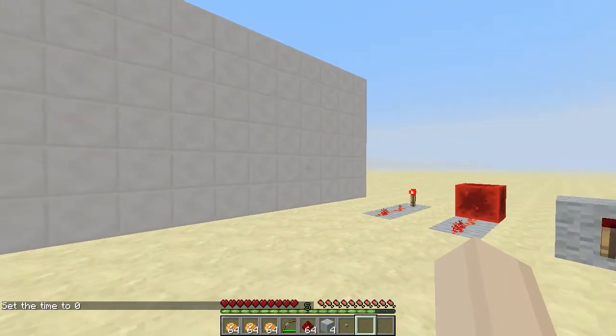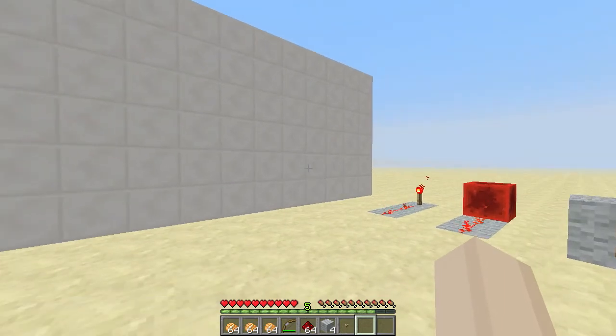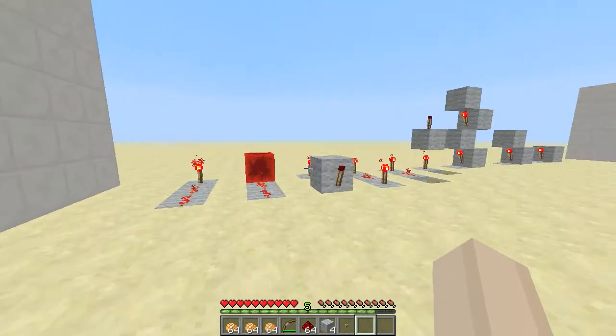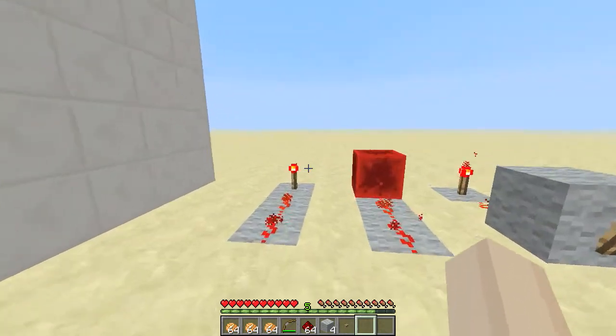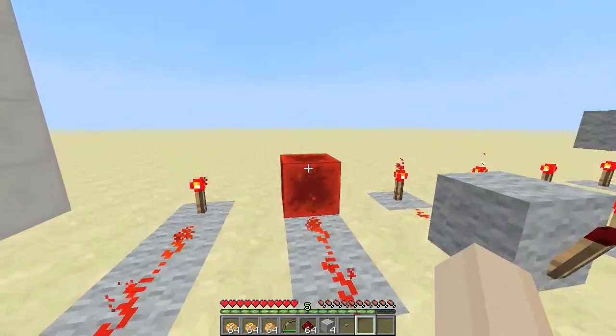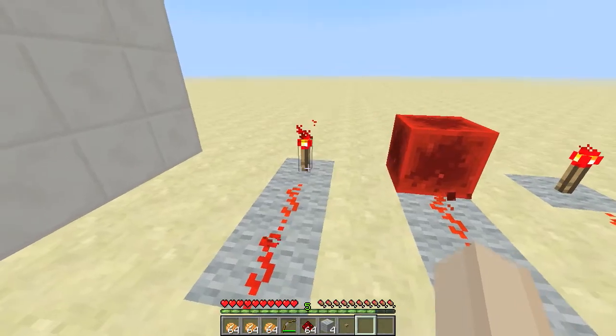This is episode 3. In the last 2 episodes, we talked about sending the signal. And in this episode, we're going to be touching on that as well. But this time, we're not going to be talking about things that trigger a redstone signal. We're going to be talking about things that just power things. And those 2 things that we're going to talk about in this episode are the redstone block and the redstone